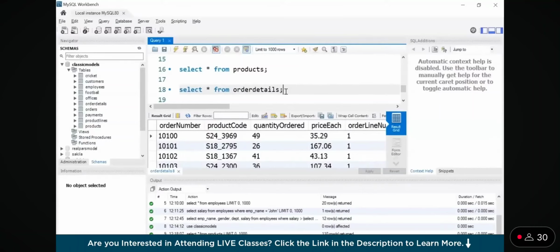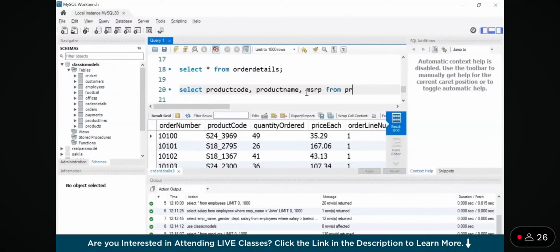For this scenario, we are going to use two different tables and we are going to write a subquery. If you see here in the order details table, we have a column called price each. I want to display the product code, the product name, and the MSRP of the products which have a price each less than $100. So I'll write select product code, comma, product name. One thing to remember is that product name is present inside our products table and product code is present in both the tables, products and order details. Here you can see this is the product code column, comma, MSRP which is present inside the products table again,